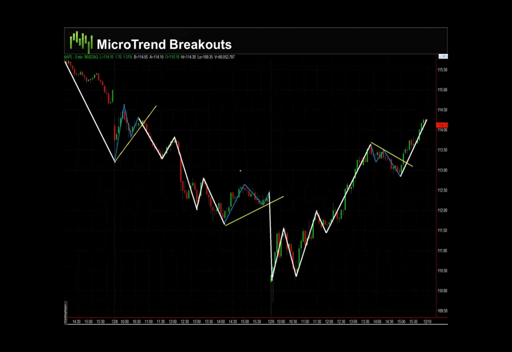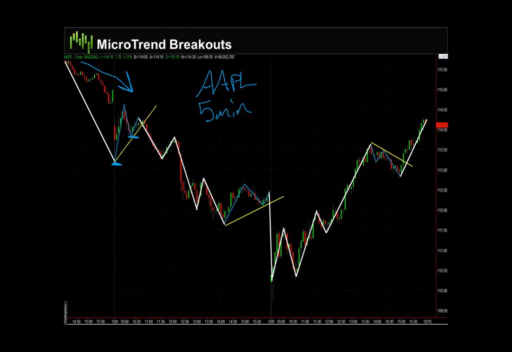This was that Apple chart. This is on that 5-minute basis again, so you're looking short term. Remember, we broke down and we had the lower highs, lower lows. So the big trend, the major trend here, was down. And then what happens here? We have a low and then a higher low, but we do not have higher highs. So we have a higher low within the context of a major downtrend. So what do we do? Draw a trend line connecting the lows. We sell on the break. All right.